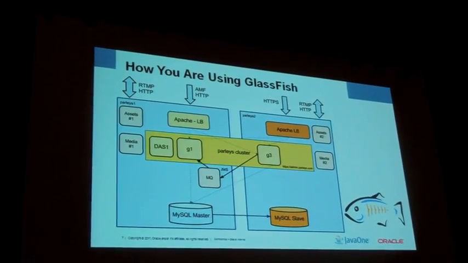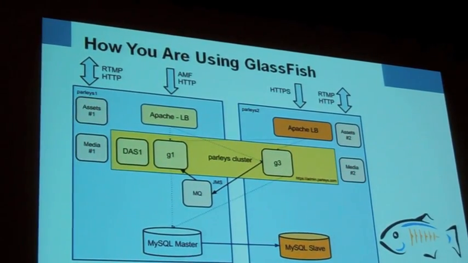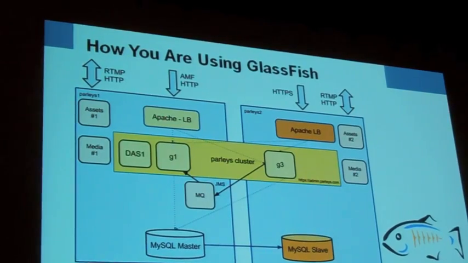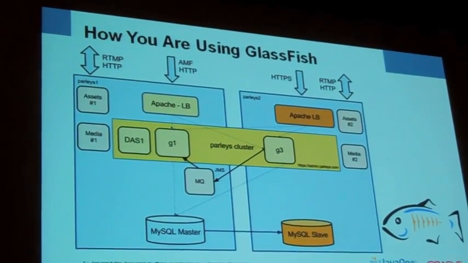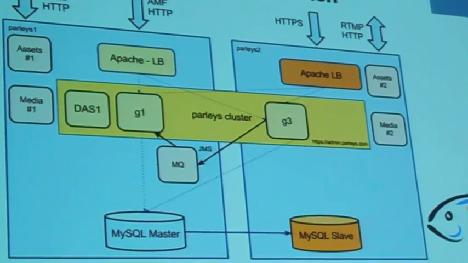We're also using the messaging server, which is used for the Hibernate Search. So all the content, all the presentations, including the slides, because we extract the text out of the slides, and you can search on the content of the slides, are done by Hibernate Search. But we also had to cluster that one, so that's using the MQ product to synchronize the updates happening on the different instances.